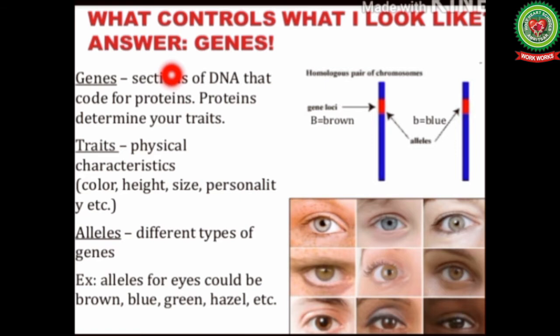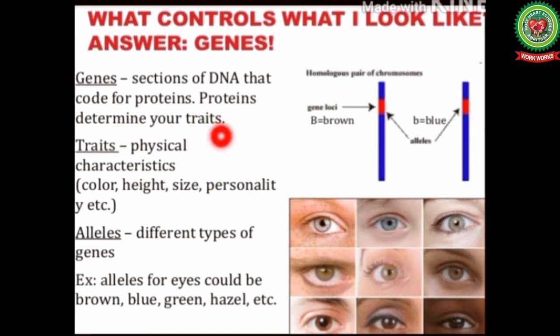Have you ever wondered why you have the same eye color as your dad or the same hair color as your mother? It's because you inherit your genes from your parents. Our genes are an instruction manual for our body. Hidden inside almost every cell in your body is a chemical called DNA, and the segment of DNA that codes for a particular protein that further defines our body characteristics is called a gene.